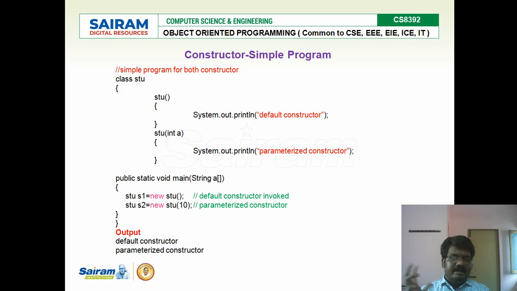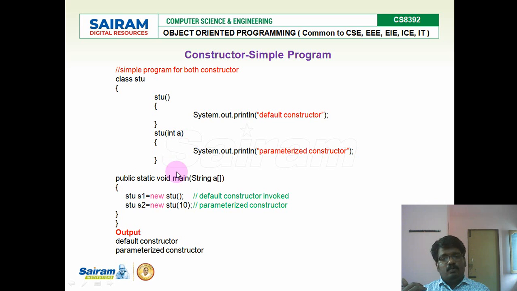So with that we have an idea. Constructor is a function having the same name as the class name, no return type. It may have parameters or it may not. If it has no parameter, that is called a default constructor. If it has one or more parameters, that is called a parameterized constructor. So inside this class, I have two methods, this one with an empty parameter list, and the Stu method with a single parameter having some definition. So two constructors are there, one default constructor, one parameterized constructor.